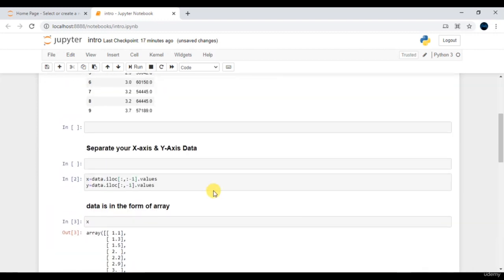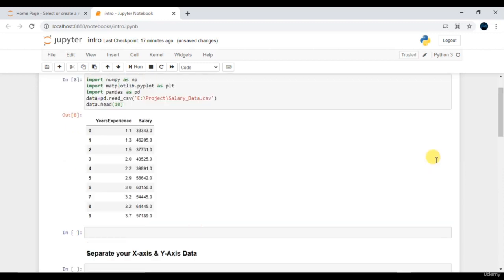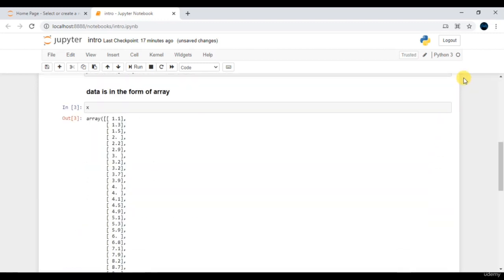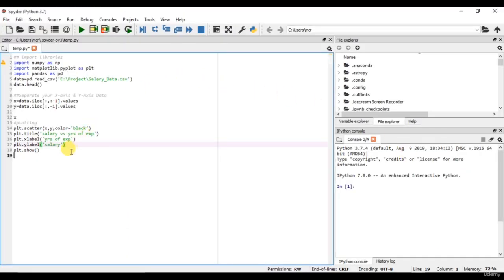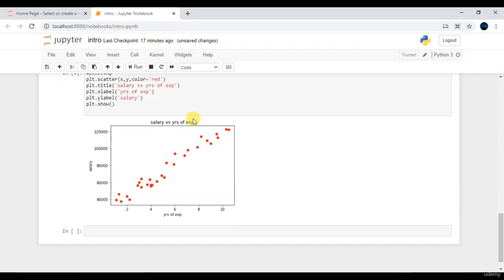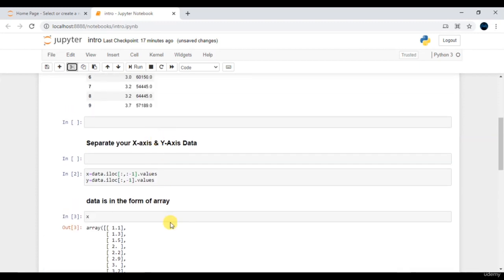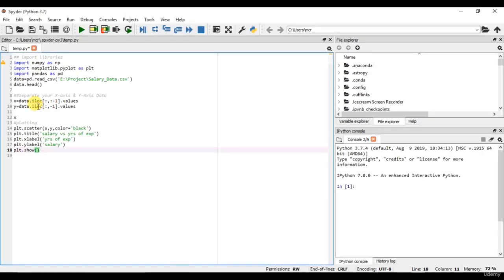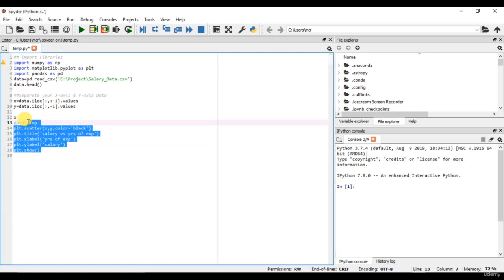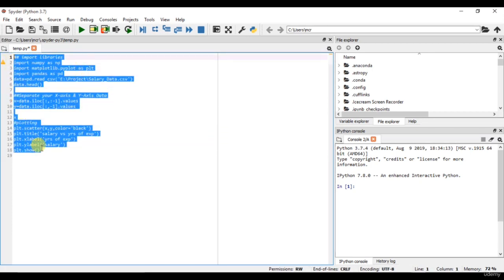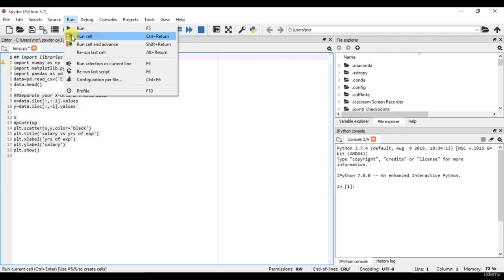So let's have a quick comparison between Jupyter Notebook and other Python IDEs. Let me just assume, let's say Spyder IDE, and if I open my Spyder IDE, this is similar code to what I have written over here in this Jupyter Notebook, and here you can clearly see how much more interactive it looks compared to writing in this Spyder IDE. And if you execute this entire code in Spyder, you have to just click on run, go to run cell,